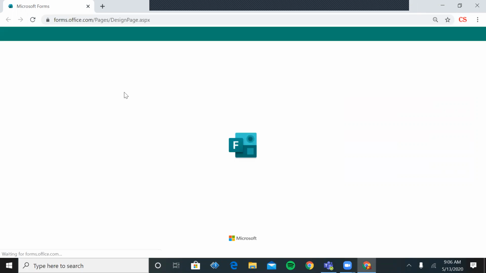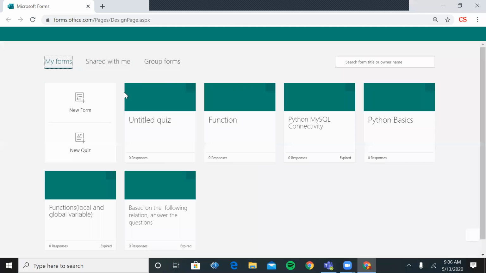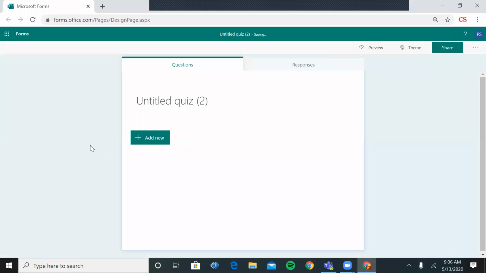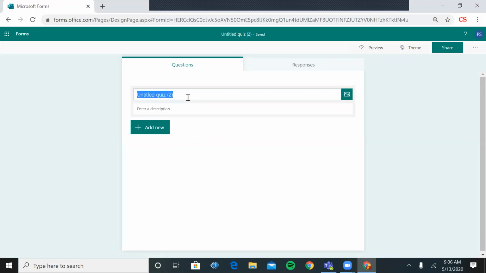One thing that is best in Microsoft Forms is that you don't have to save it. Now I am here. If you want to create your own paper, then you have to click on the quiz so that you can simultaneously give them points or marks and specify the weightage of each and every question. I'm clicking on the new quiz option. Give the title testing or test paper. You can give any name to your form.